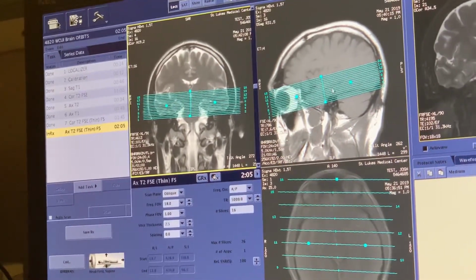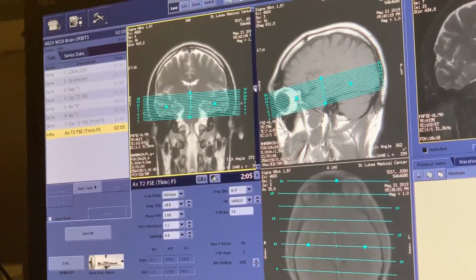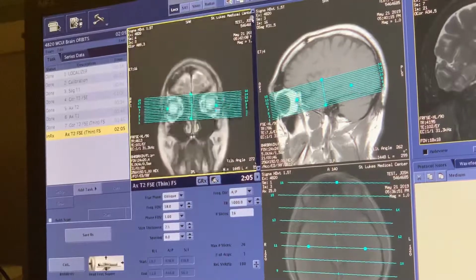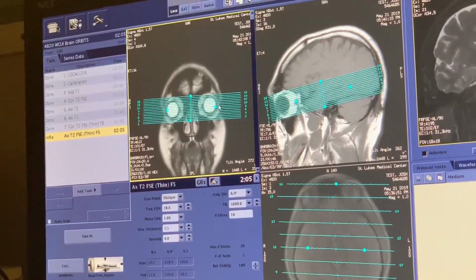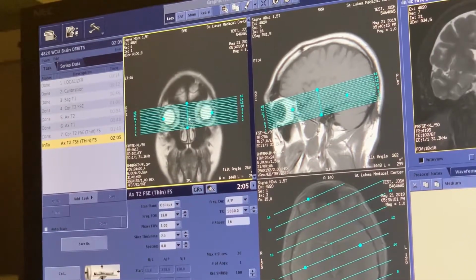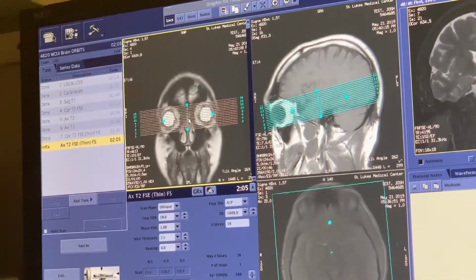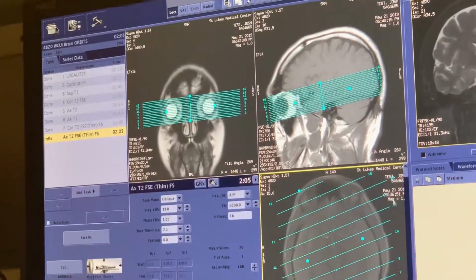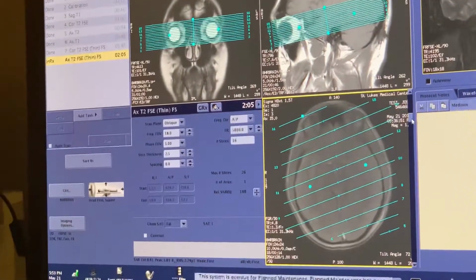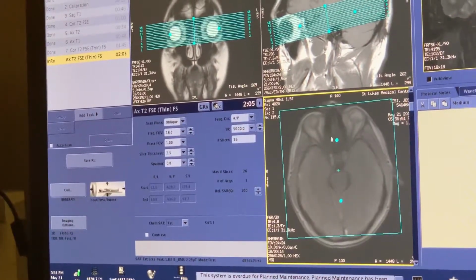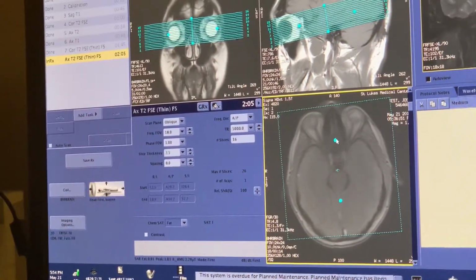So I've angled in this plane. I'm going to angle here. Again, I like to use the orbits, so I'm going to scroll to the very anterior, and I'm just going to make sure that the orbits are symmetrical like that, so that I can bring this down to make sure that, yeah, that looks really nice. All right, I'm happy with that. And then here, let me go ahead and see if I can find a box like that. Make sure these are nice and straight. Now for centering,